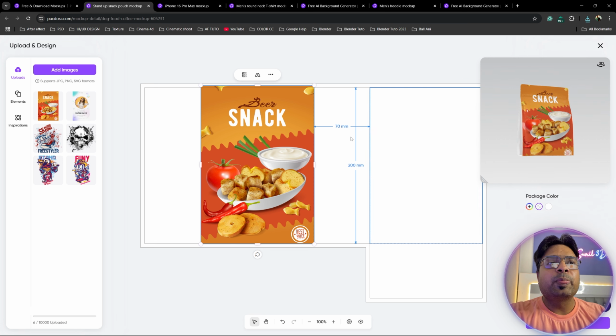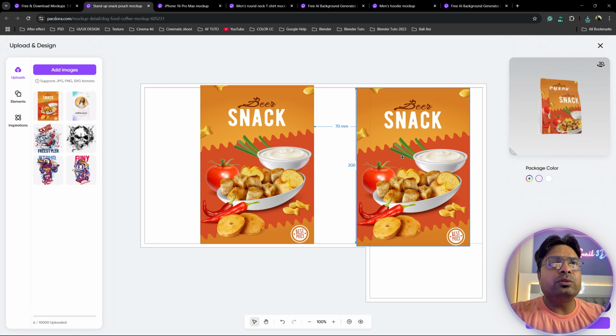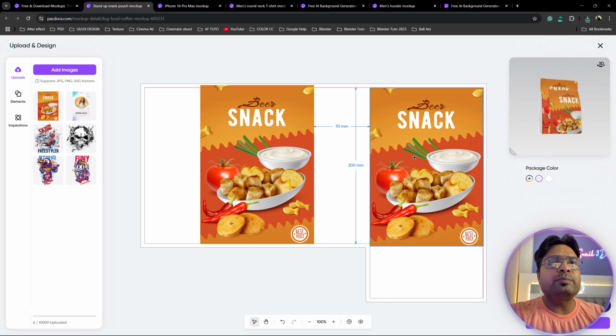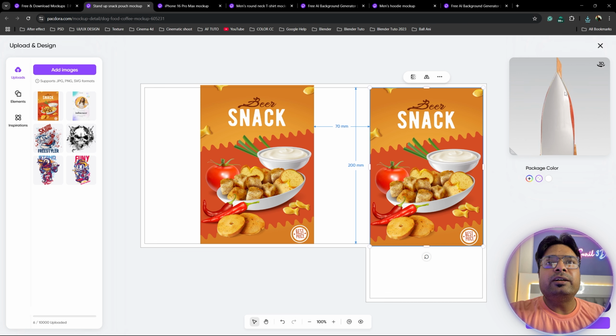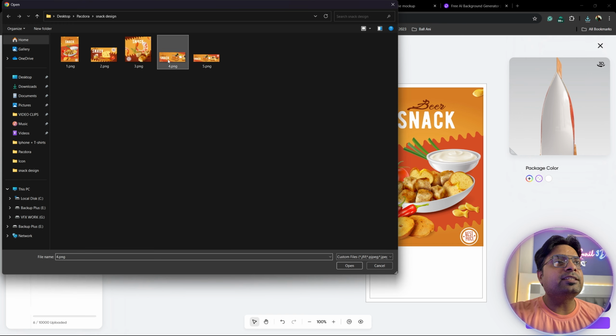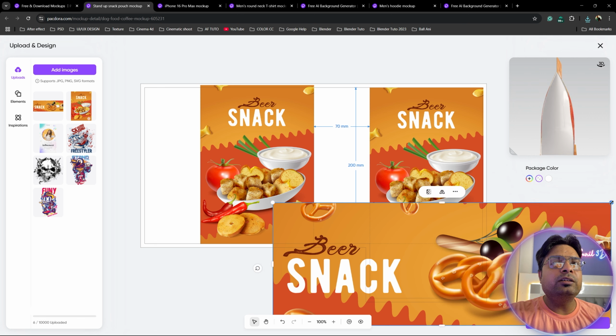Snacks UV. So guys, you can copy this design. So select this image and right click. Guys, duplicate. So go to mid. This one. This is my backside. Yeah. See guys, it's my backside. And also guys, you can create a side view. So go to one image and it's my side view. So open and guys, smaller.